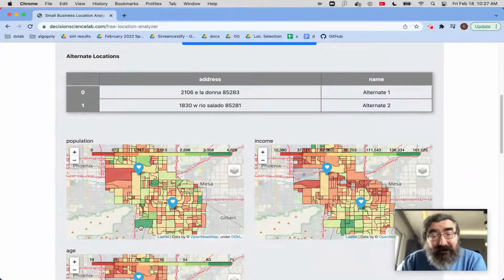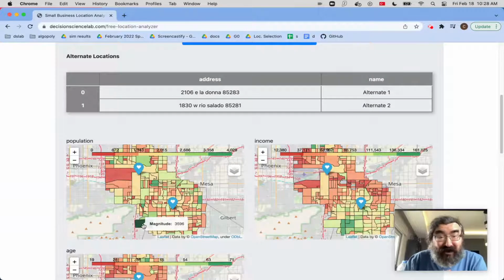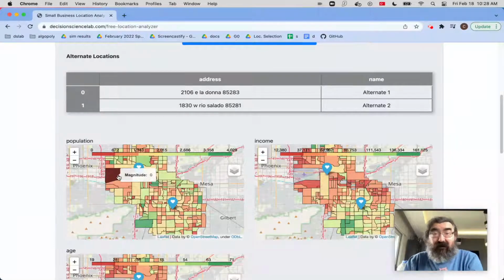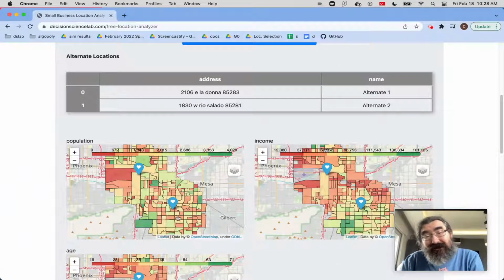So the greener an area is in the first map, it means that more people are living there. If you look here, this is one of the most green areas, this is another green area. So in this census block group, in this box here, there are about 3,000 people, right? And when you look at the reddish areas, fewer people are living there. And if you look at the reddest of the red, you see that there are zero people living there. Why? Because that's the airport, right? So right off the bat you can get an idea about the amount of people living around those locations. And looks like